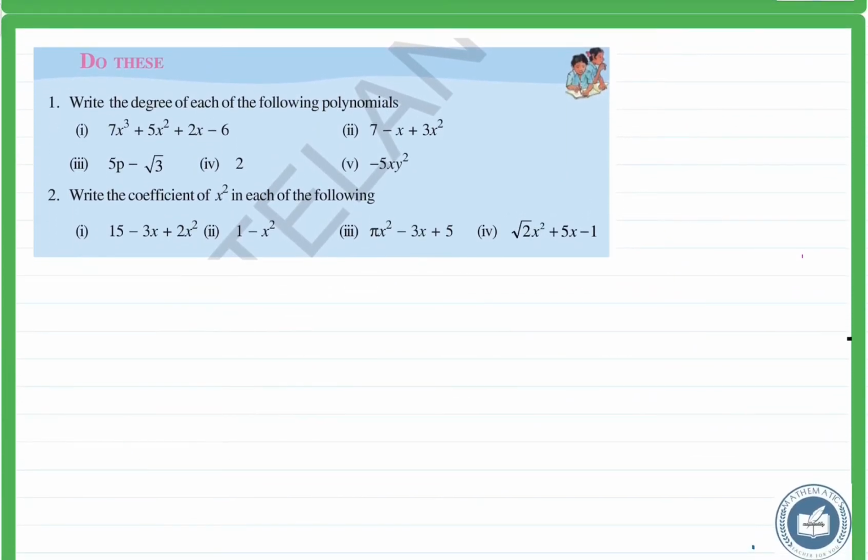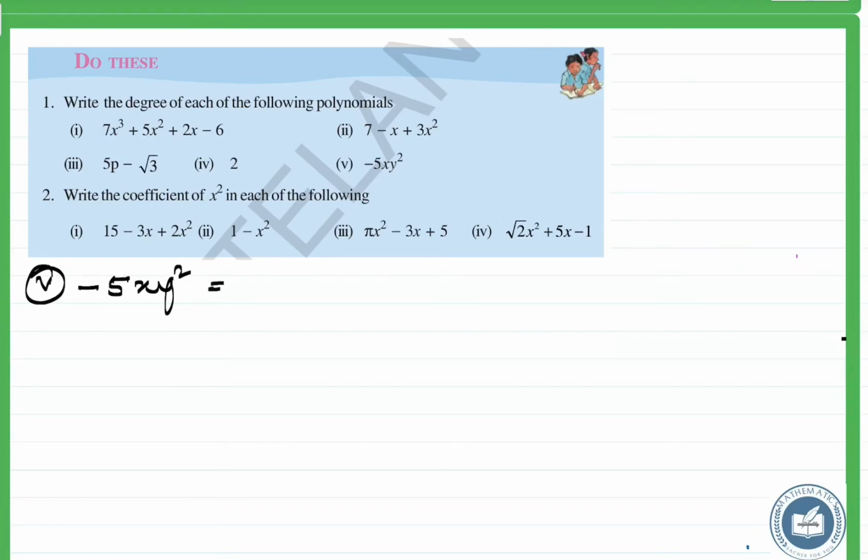Next, the last one, the fifth one, is given as minus 5xy square. How can we decide this one? This polynomial has two variables in it. If you want to decide the degree of a particular term in which more than one variable is present,